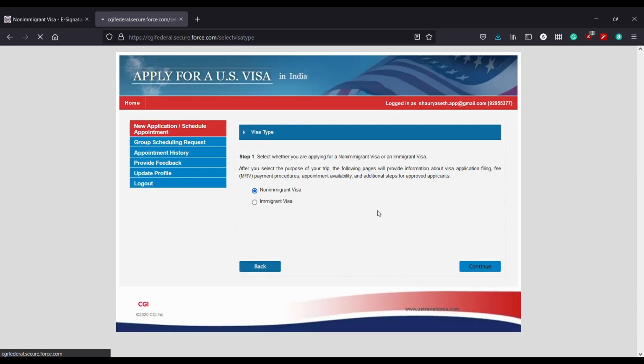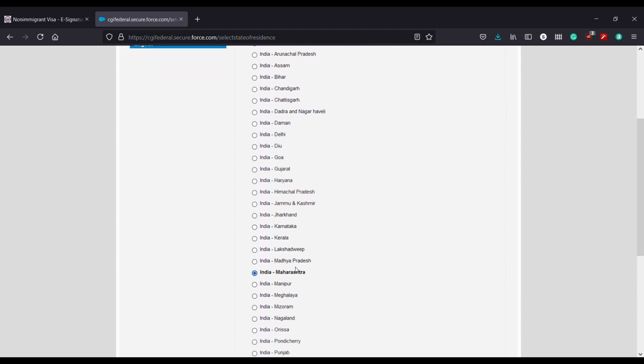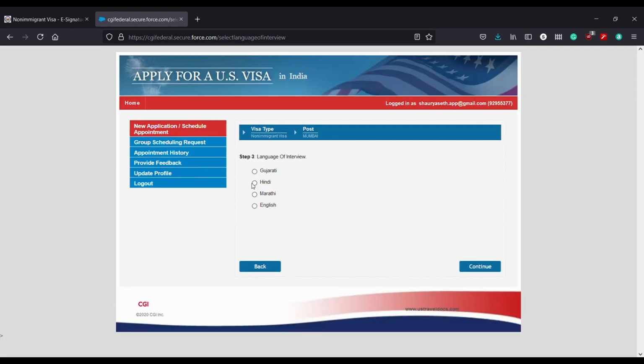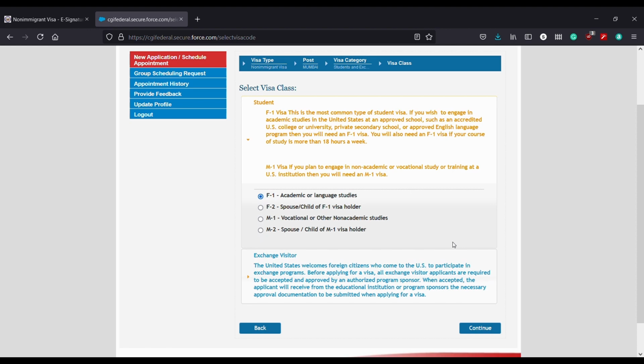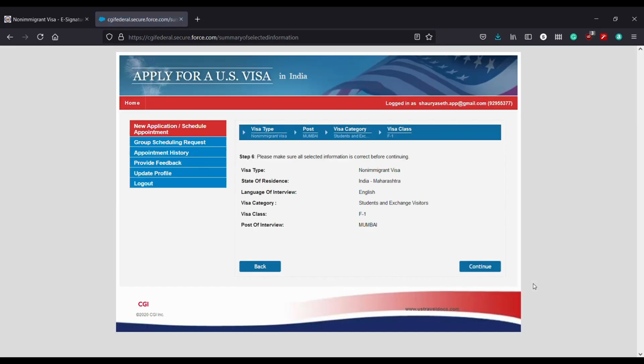Okay, so the first step that they ask is what kind of visa. So since you're going for studies, F1 visa comes under non-immigrant visa. You should know what type of visa you're applying for before actually applying for the visa interview. Then the third step is they ask for the language of interview. English, obviously. Then please select a visa category. So for me, the visa category will be student and exchange visitors, the F visa, type F. And then they ask for the visa class. So under F also F1, F2 or M1, M2 आता है studies में, तो F1 is okay.